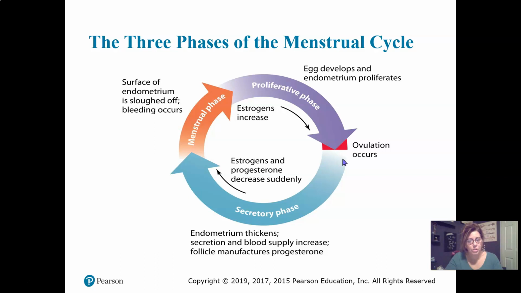And after which the secretory phase comes in, and if the egg has not been implanted, the endometrium begins to thicken, secreting the blood, holding on to the blood, storing it, and then when it recognizes that the egg has not been fertilized, menstruation begins, and then the phase starts all over again. That was in much simpler terms than saying all of the big hormone names over and over.